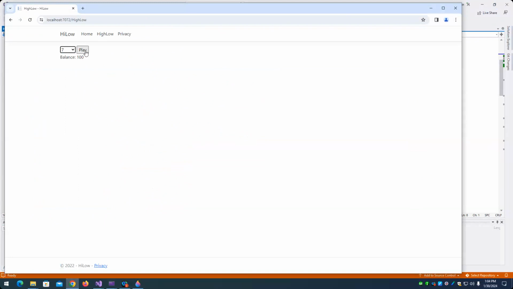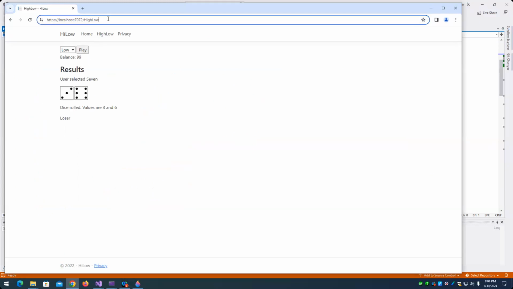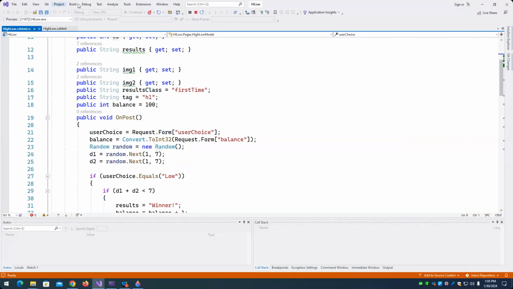This is calling the URL and is posting a request. So then the onPost method gets called, and the code fills in all these attributes, and then the .cshtml page displays it. This URL of high-low is what gets mapped to